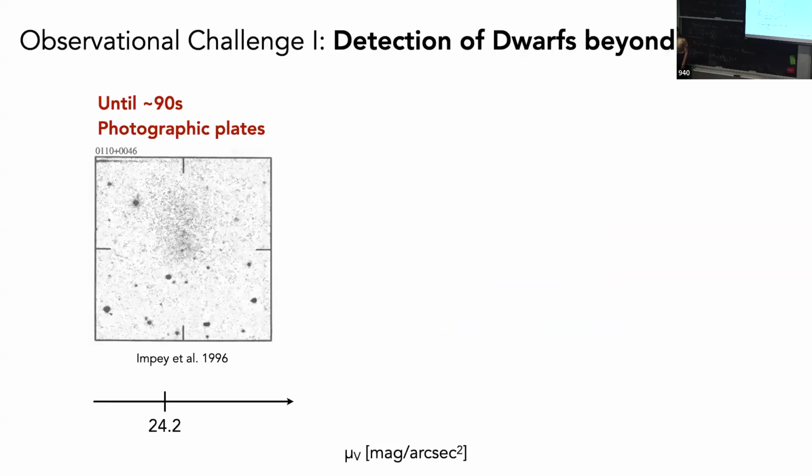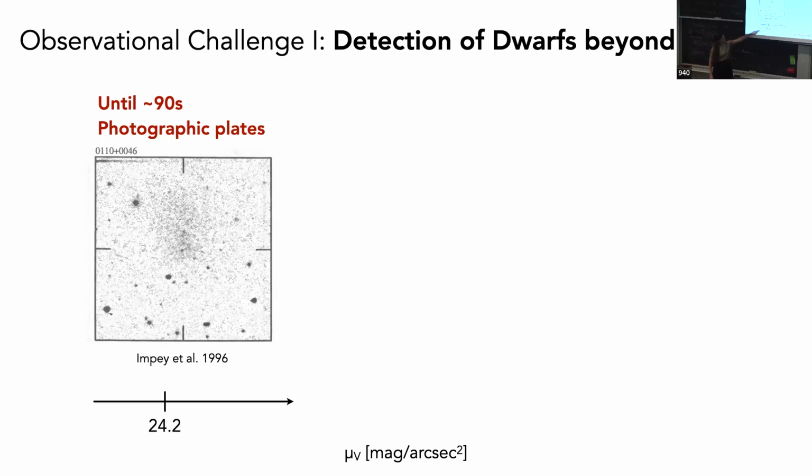And so until the mid-90s or so, this was done mostly with photographic plates, this example that we can see here. This wasn't bad. Some of these surveys even covered a pretty wide area, but people needed to find these galaxies just by eye, right? So it was sort of hard to do something systematic, understand the selection bias of your survey. So it was quite limited also in terms of depth.